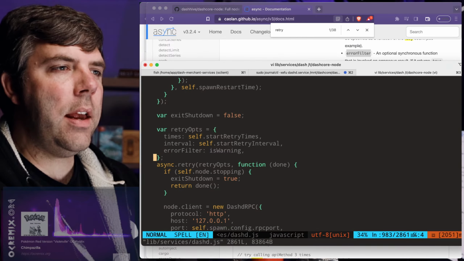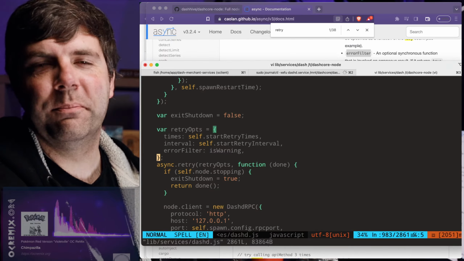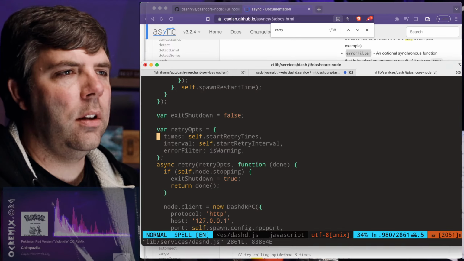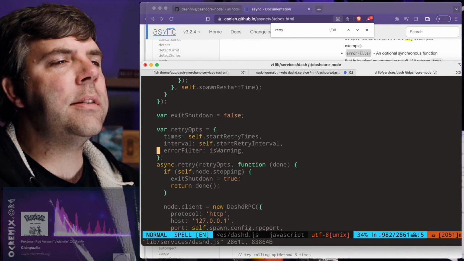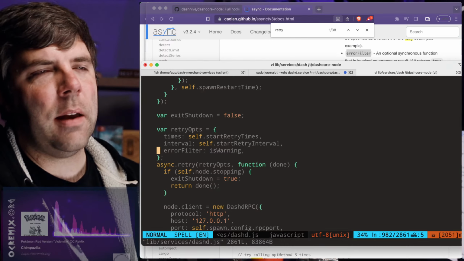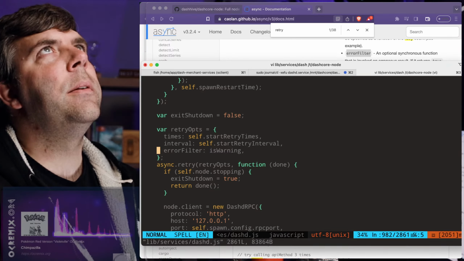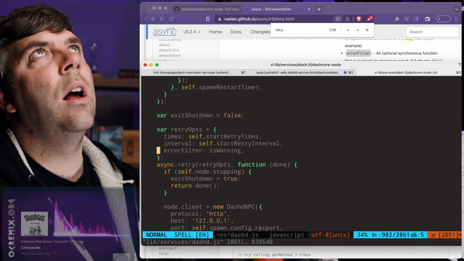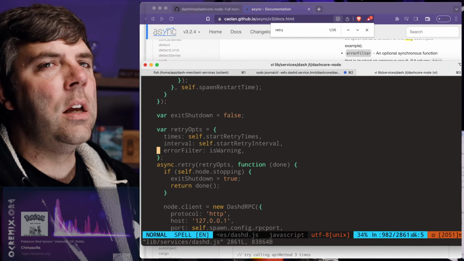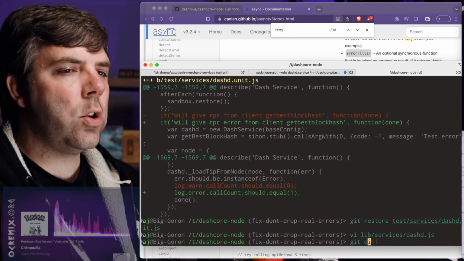So maybe no one who's ever used this has ever accidentally put in the wrong IP address or password. Or maybe the behavior of async retry changed. Because the test is sane. Well, I don't know that I can say that, but I could see how the test could be sane because it's testing that a certain error gives a warning, but it's not actually excluding real errors from having an error. So this could be okay.